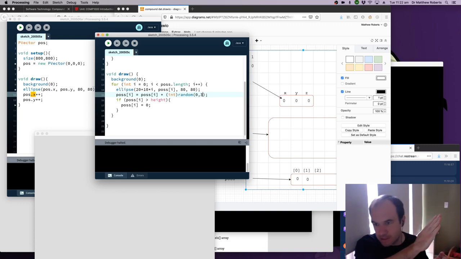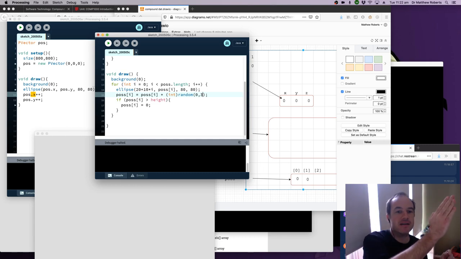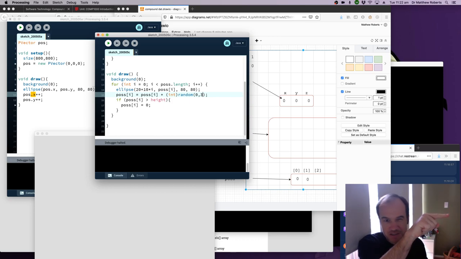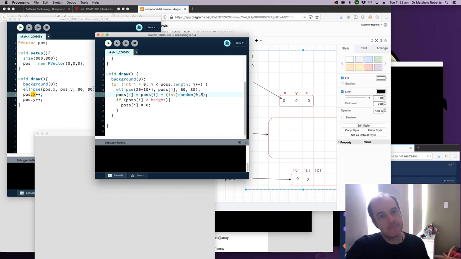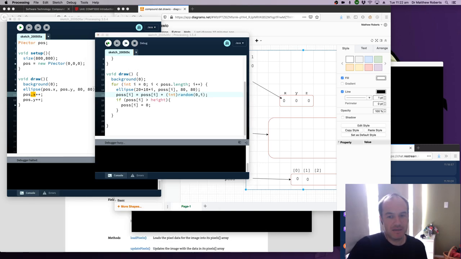But what if I make the ones on the right-hand side use a bigger number? So the ones on the left-hand side, if I use the I, then it's choosing between 0 and 0 and it's never moving. And then the next one might choose between 0 and 1. Well, we'll know that'll get 0 too and never move. And the next one might choose from 0 to 2, so it maybe moves a tiny bit. And by the time we're all the way to the right, it's choosing from 0 to 100 and it's moving a lot. And because I goes from 0 to 100, I can just use I in that to get that